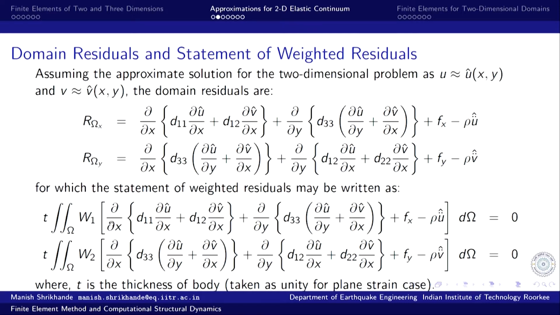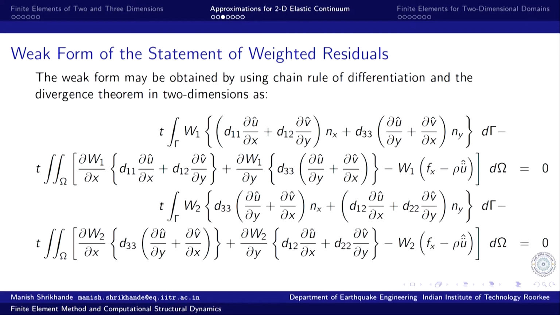Now, we can again invoke, first we convert this into a total integral by the chain rule of differentiation, and then for the total integral we can invoke the Gauss theorem, and this del over del x will become the direction cosine n x, and this del over del y will become the direction cosine n y, and so on. So, the weak form then becomes this boundary term W 1 multiplied by this derivative term multiplied by n